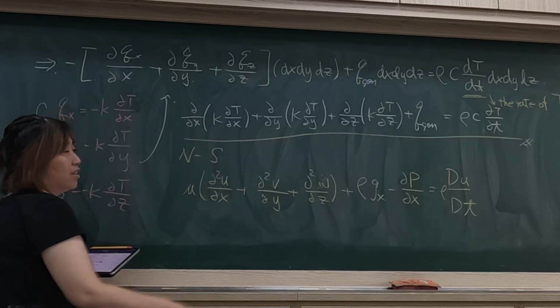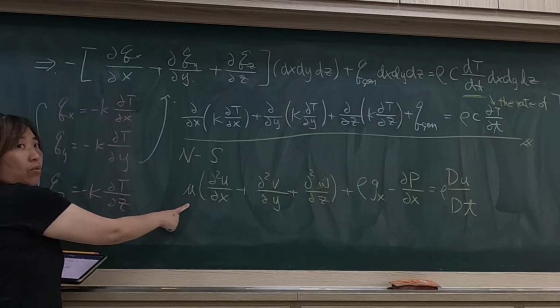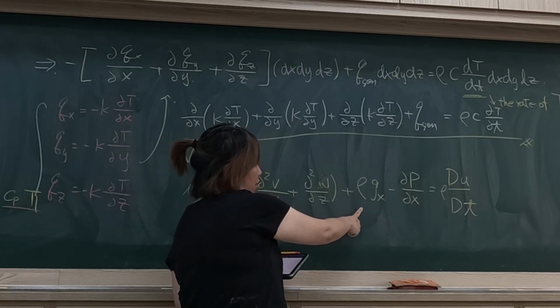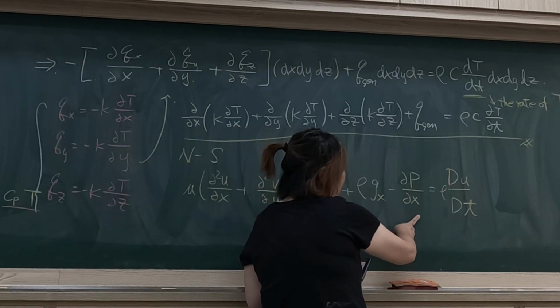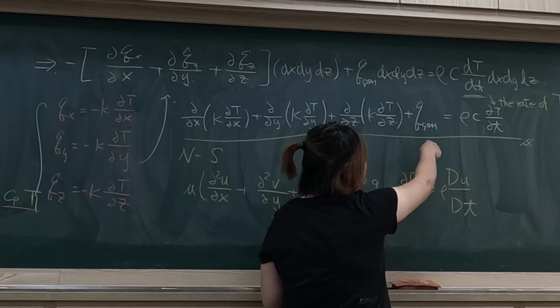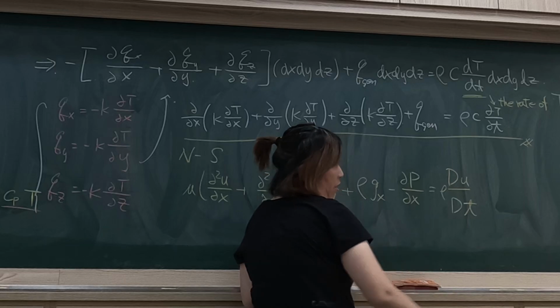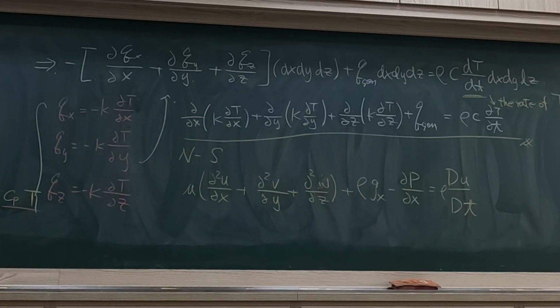If we take the k out and consider k as a constant, that will become mu. Then here is the divergence, then the gravity term, the pressure term, and here is the heat generation, equal to the change over time, just as that is equal to the change in velocity. Okay, so if we take a look at the equation closely, so you will find the full heat